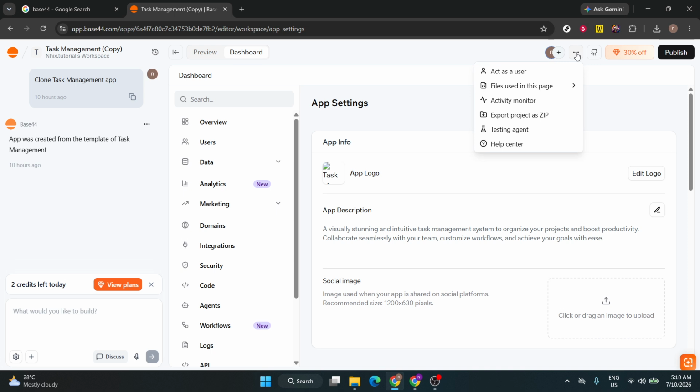In that menu, choose Export Project as zip. This will download your project files to your local computer as a compressed zip archive. Depending on the size of your project and your internet connection, this may take a few moments. Once the download finishes, keep the file somewhere easy to find because you'll need it for the next part of